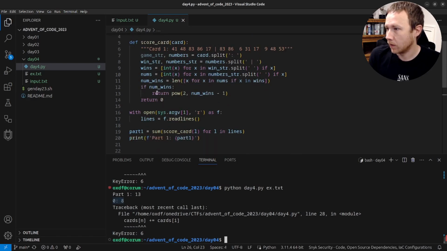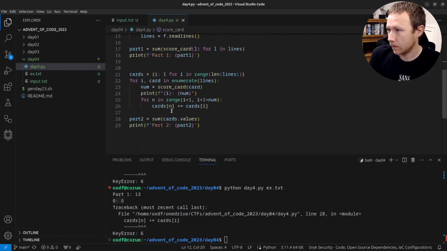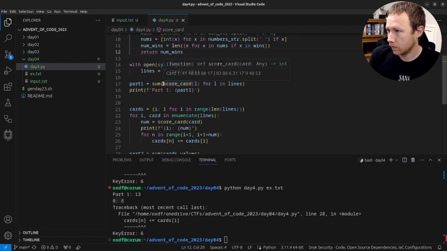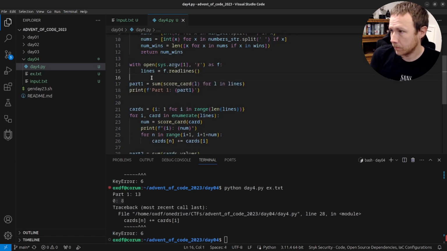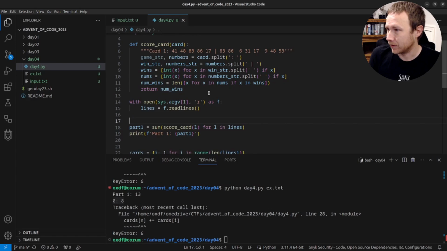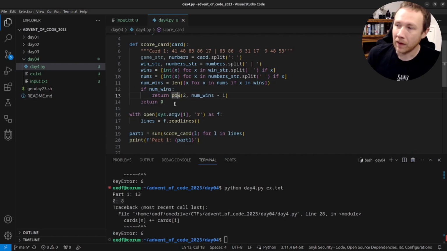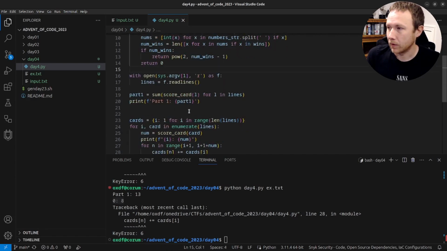Oh shoot. Okay. What we're going to have to do here is we're going to return num wins, and then down here we're going to go... oh, that's a pain. That's a bummer. I'm almost tempted to divide this by, take the log base. No, that's a pain. Oh, what's the best way to do this? The problem is we're returning the power of 2 here, right? So we could,